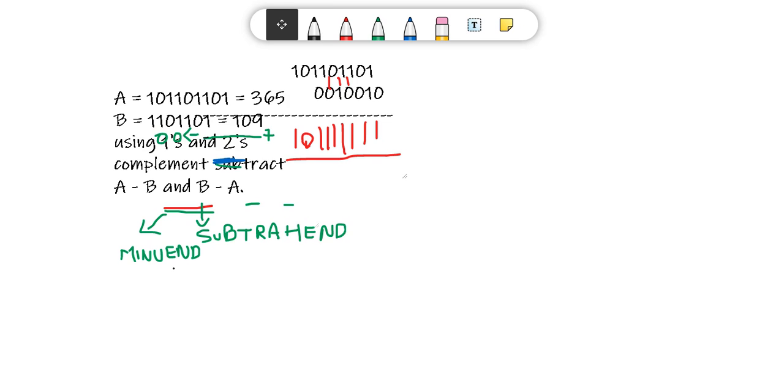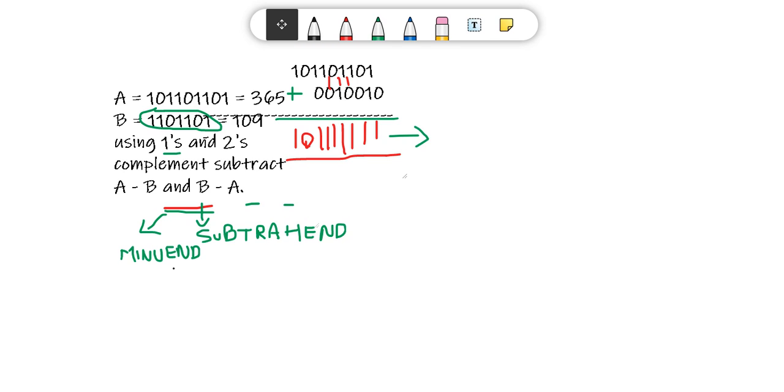So what happens is, when you get this value and you don't have any carry, what you can do is directly convert this answer again using one's complement.